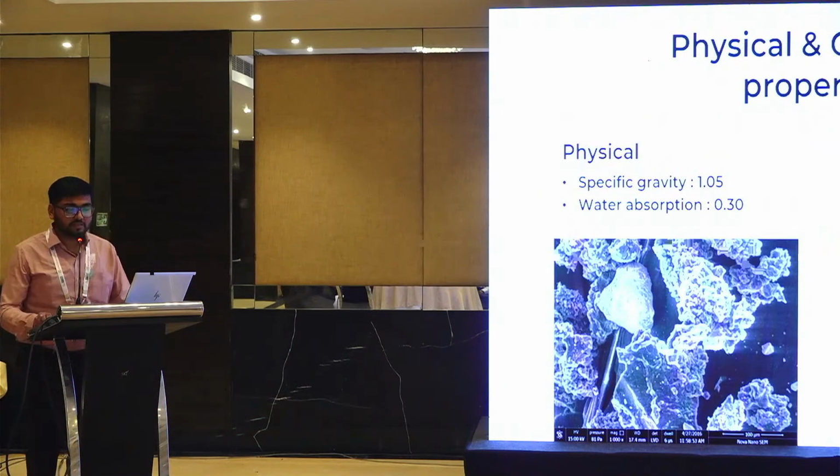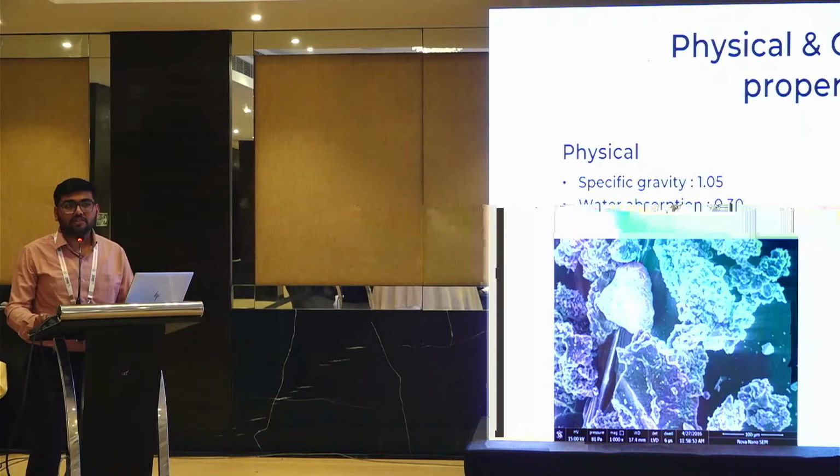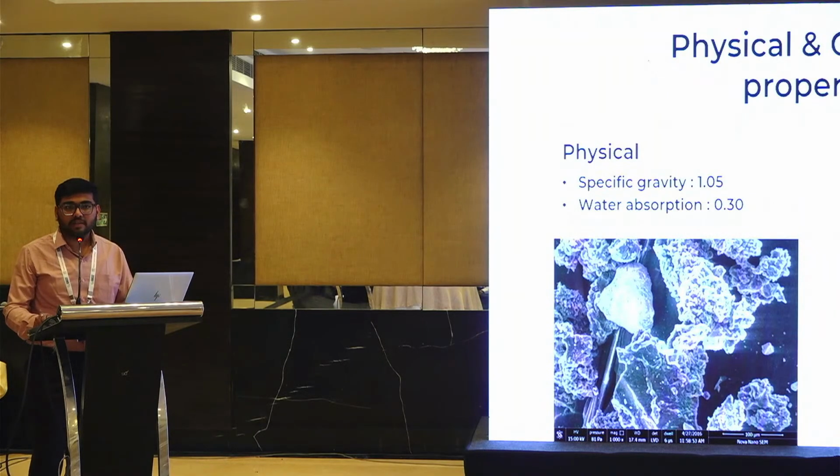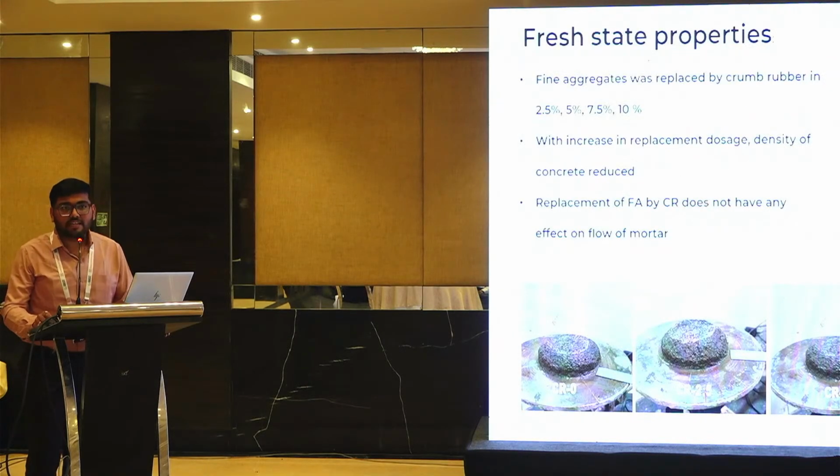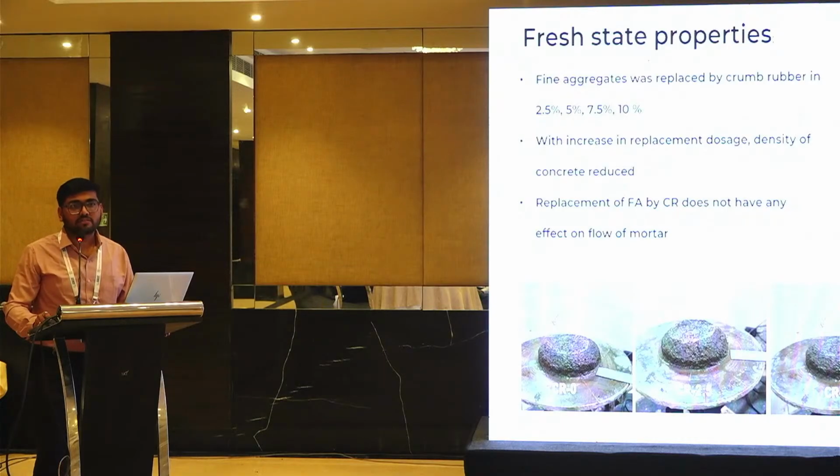As for the properties of the crumb rubber, it has a specific gravity of 1.05, which is a lightweight material, and chemically it is composed of carbon with traces of sulfur, silicon, magnesium, and aluminum. The carbon is not a reactive carbon here, so it will just act as a filler. Initially we started our study with fresh state mortar studies, where we replaced the traditional fine aggregate with crumb rubber up to a